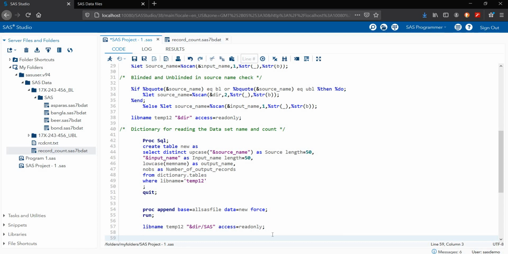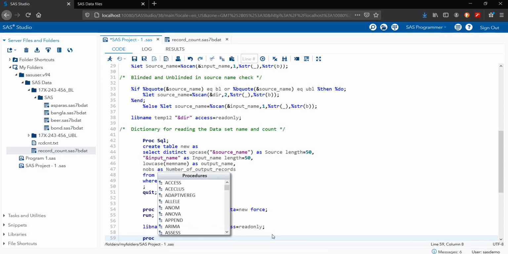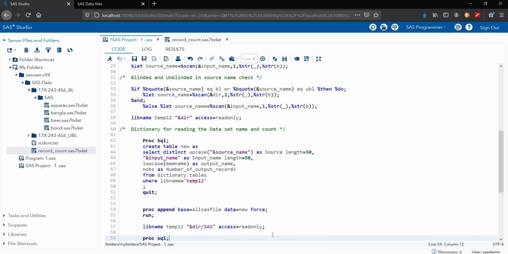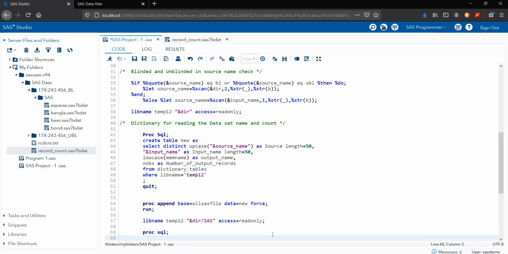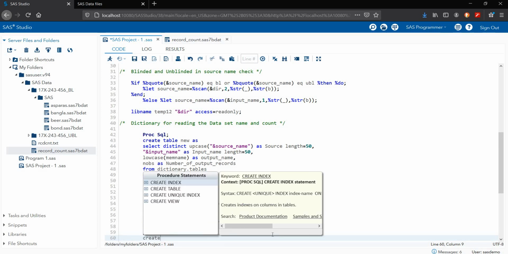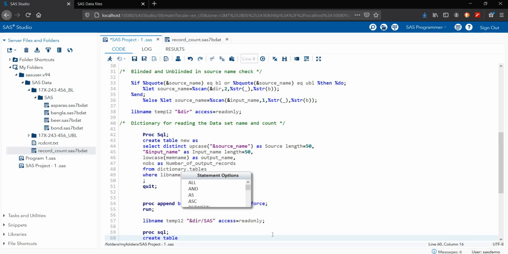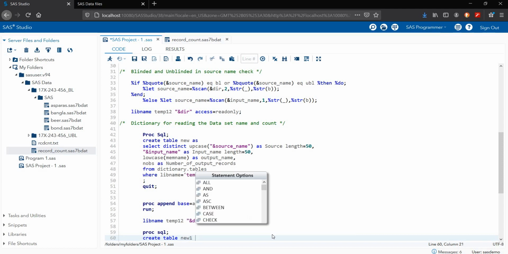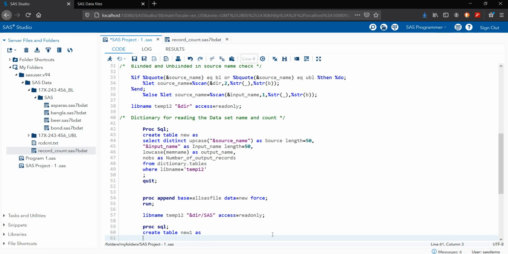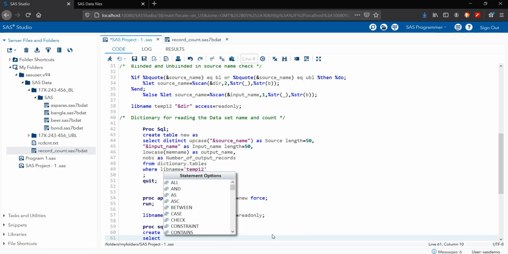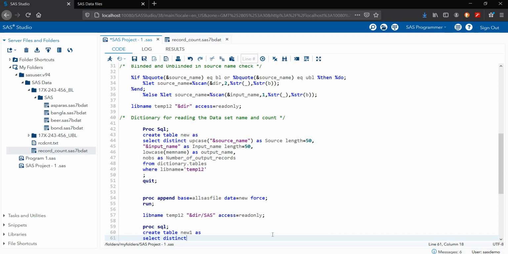Next I'm using proc SQL again, the same statement here. Create table new1 as select distinct. I want a distinct count.